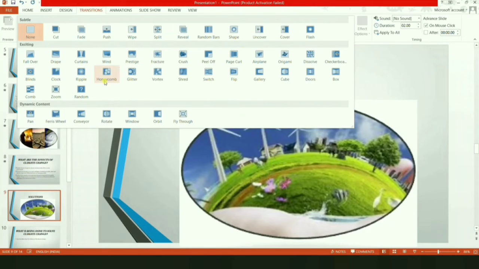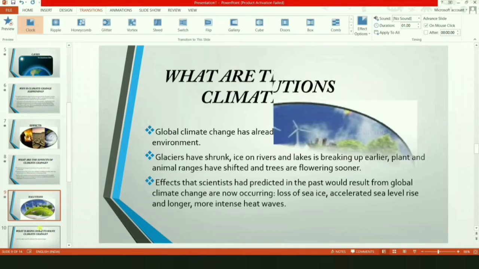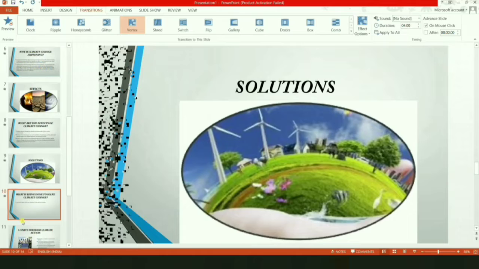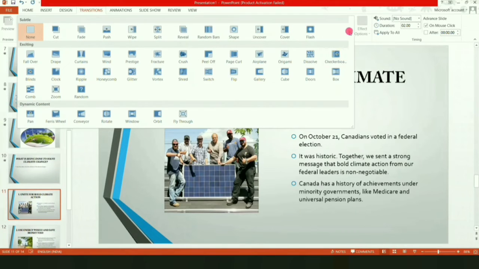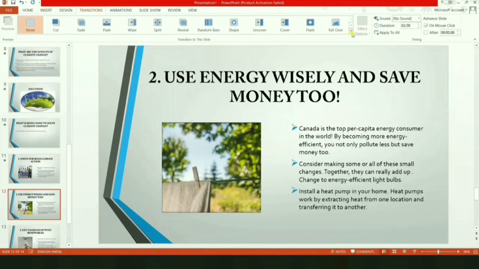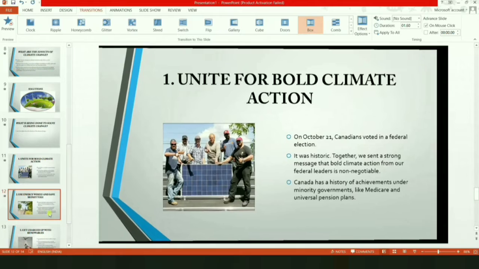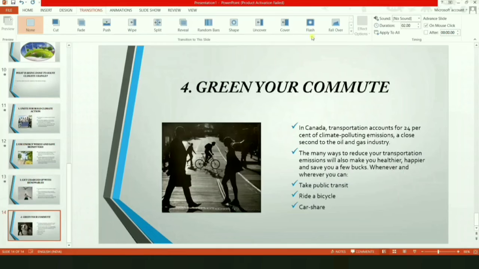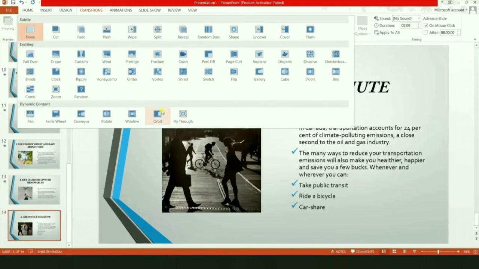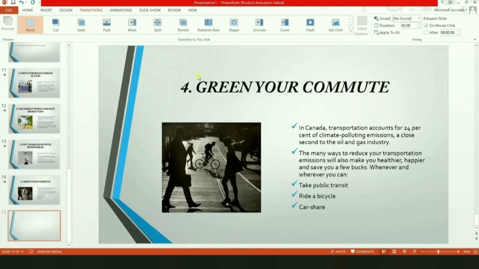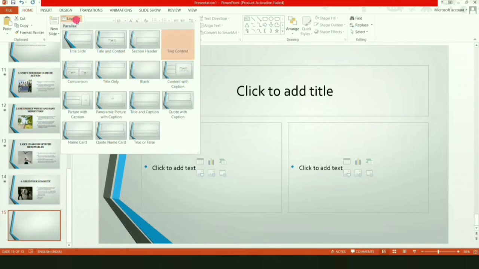Here I'll add switch, then I'll add clock. After that I'll add vortex, then I'll be adding box, and then window, then I'll add fly through, and also I can have a last slide